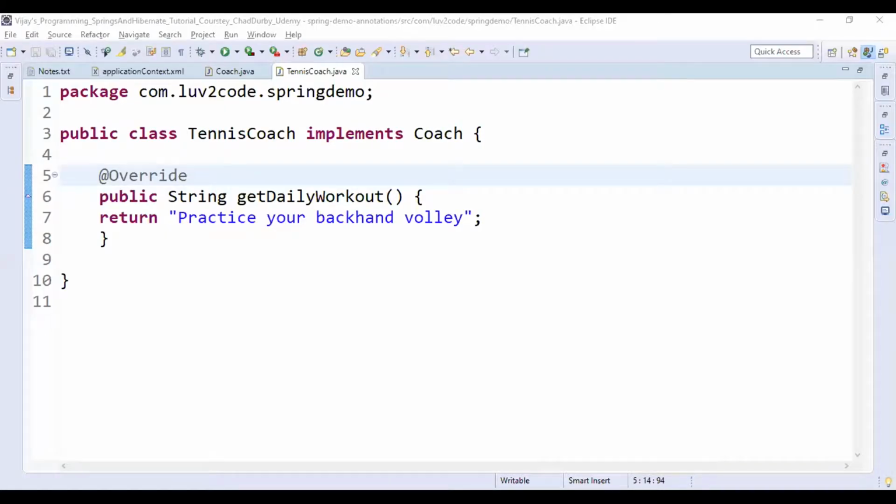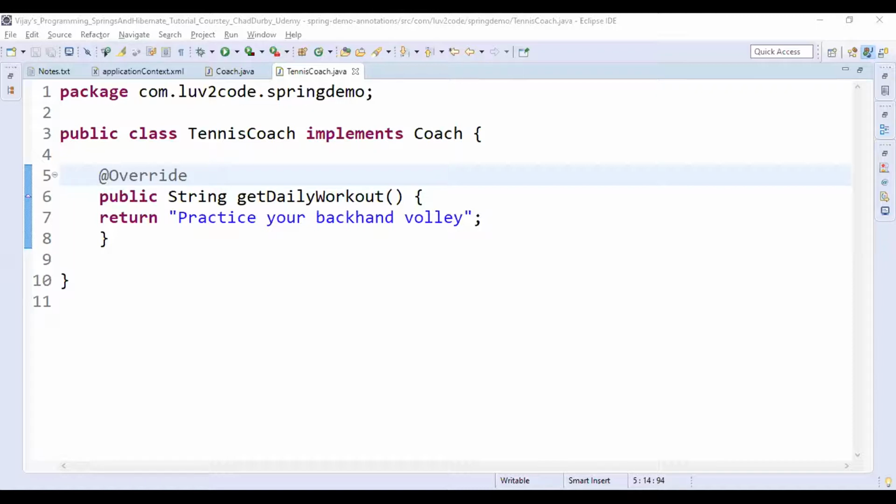How exactly will Spring identify that this is a Spring bean? Spring scans our Java classes for annotations that are related to Spring.